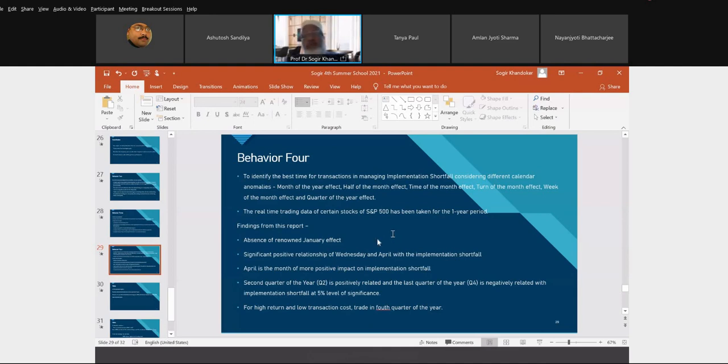We always apply the t-test and allow 1%, 5%, or 10% levels of significance. Also, we consider the R square. And the findings are